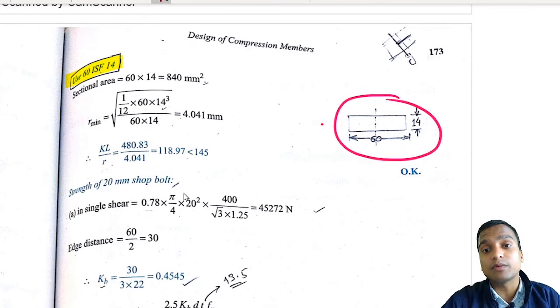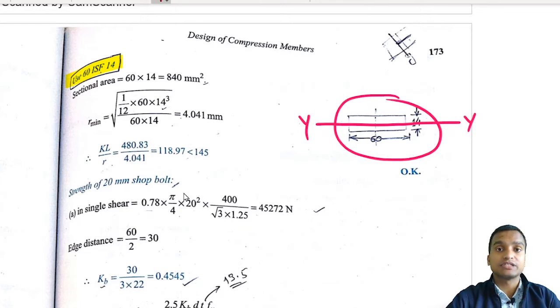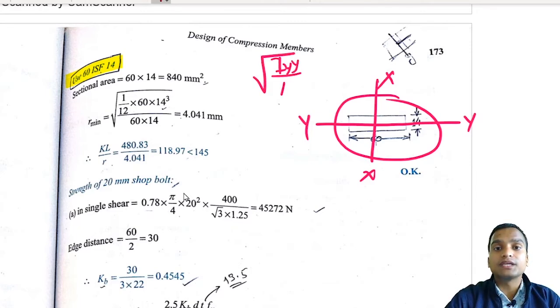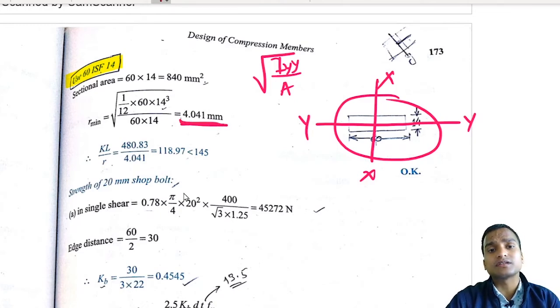So in this case R minimum will be calculated along this axis, because this is the YY axis in this case, or this is minimum, and this is the XX axis in this case. So if you calculate in this case, R minimum will be equal to root under IYY by area of the flats. So IYY equal to 1 by 12 into 60 into 14 cube, and area is equal to 16 into 40. So minimum radius of gyration is this, and when we do the slenderness ratio lambda for each lacing KL